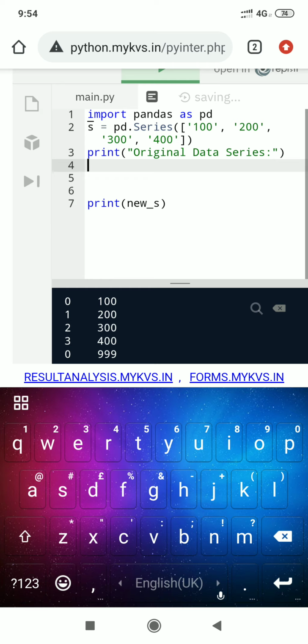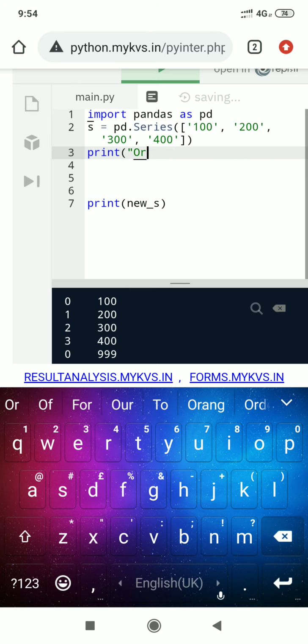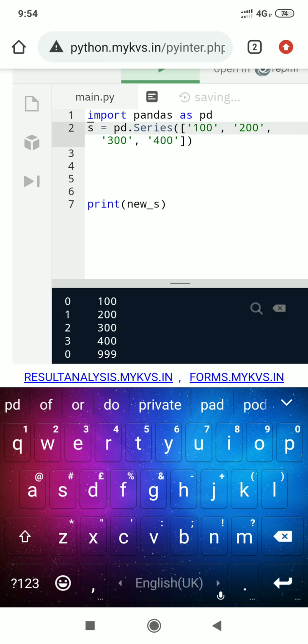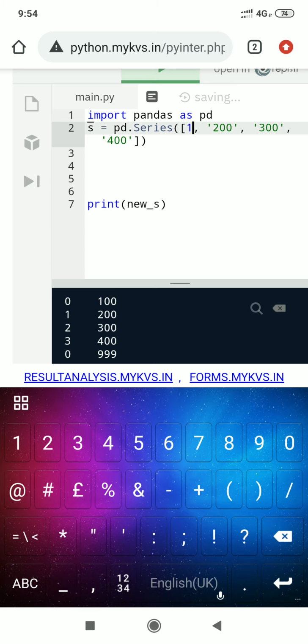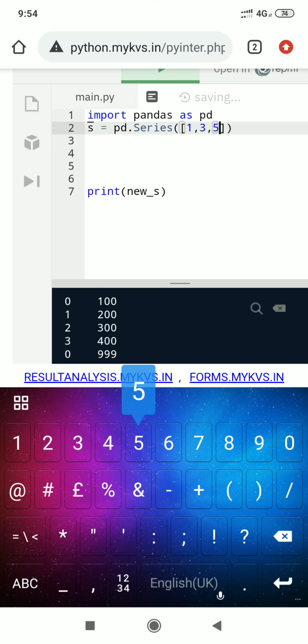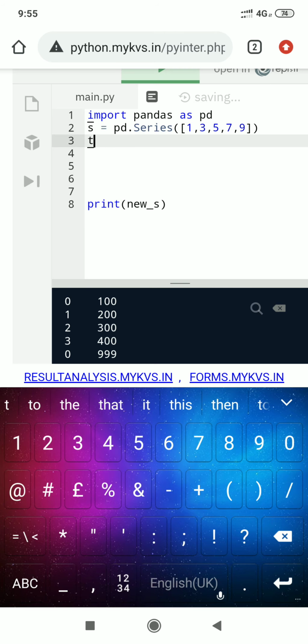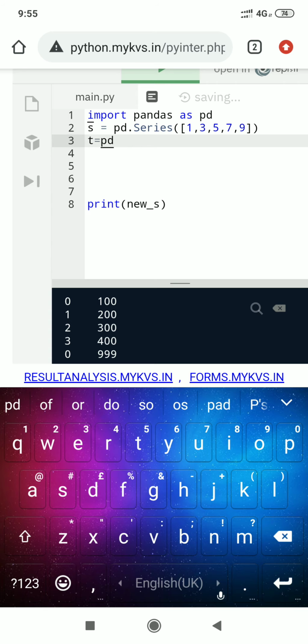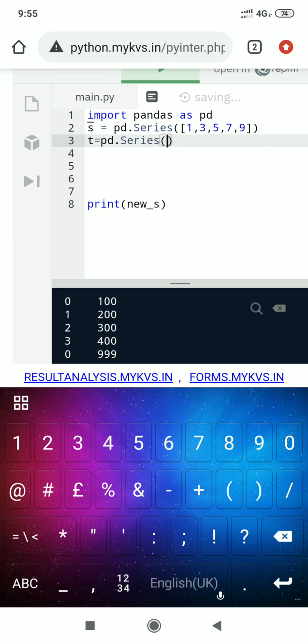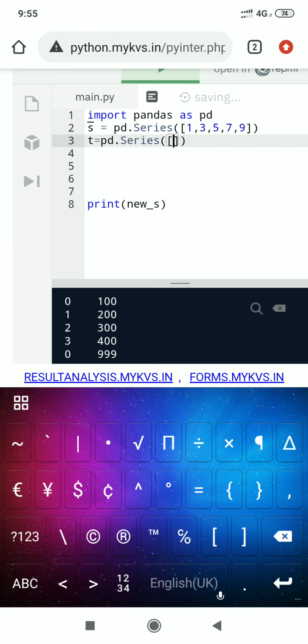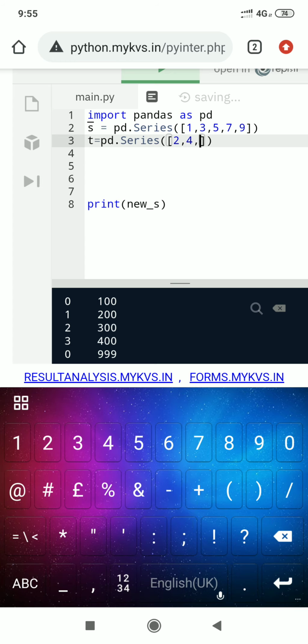I am creating two series here, and the numbers are 1, 3, 5, 7, 9, and another series with the name T, with pd.Series, passing a list 2, 4, 6, 8 and 10.